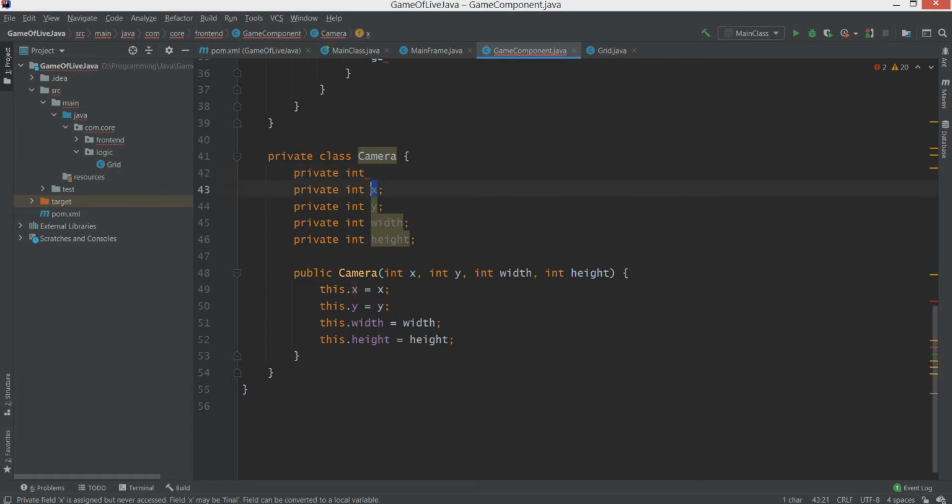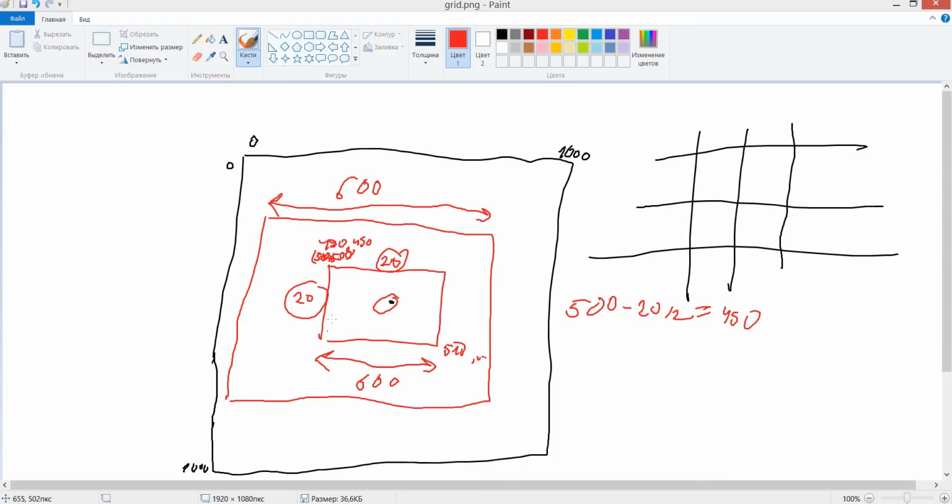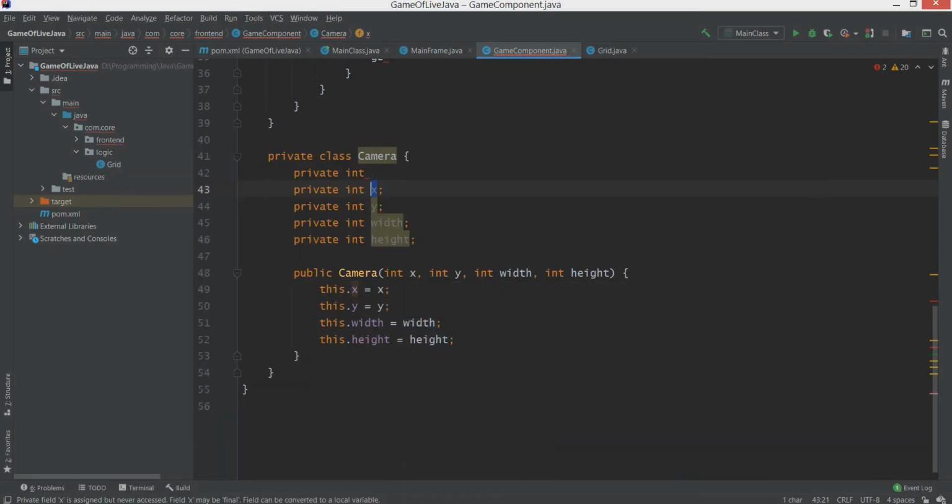The thing is that I'm concerned about the X value, because the camera should not necessarily be a square, and we should somehow denote it here. Private int pixel width should be a constant,